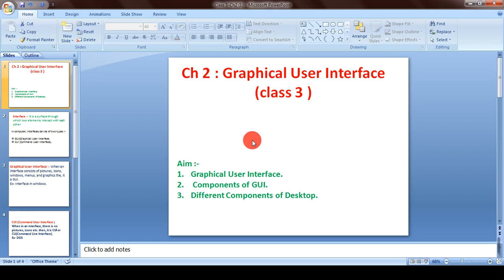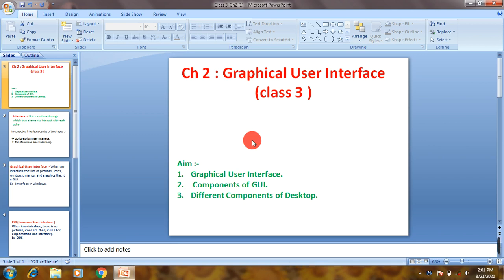Now let us move back to the desktop so that I can show you different GUI elements and various commands for command line interface.